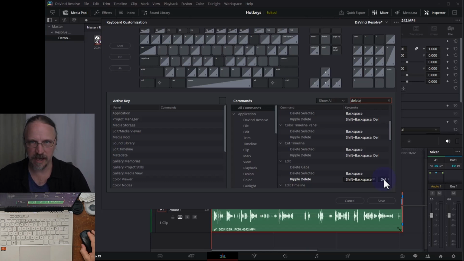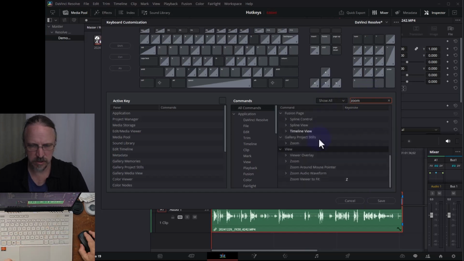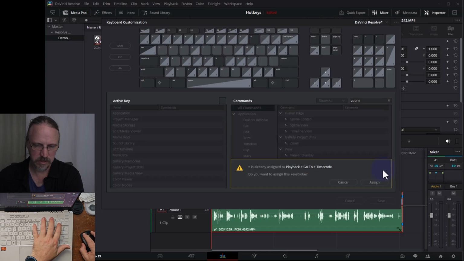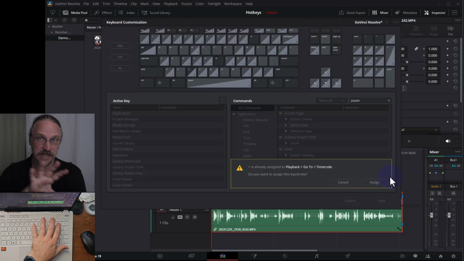Now, let's look at zooming in and zooming out. Zoom, view, and zoom. And here we can see that zoom in is Control equal or Control plus. What if I can zoom in with just hitting the equal key? Well, it could, but playback go to timecode is also assigned to that key. So if you try to assign the same hotkey to two different things, it'll warn you, and then that hotkey won't work for either of those things. But I'm going to go ahead and leave it there